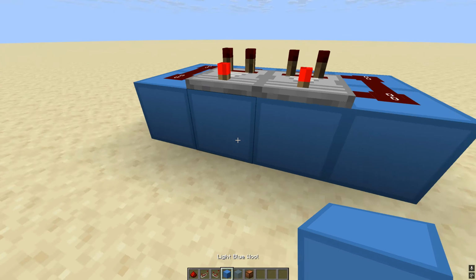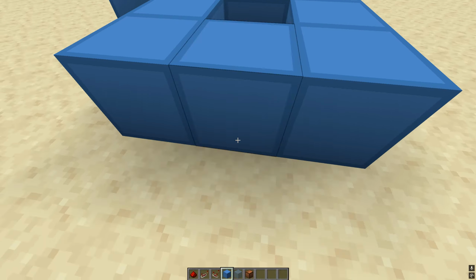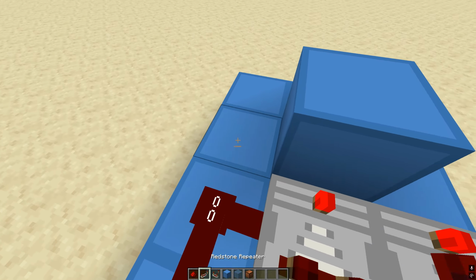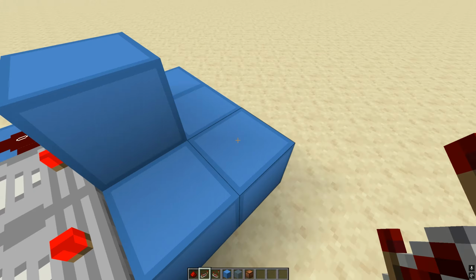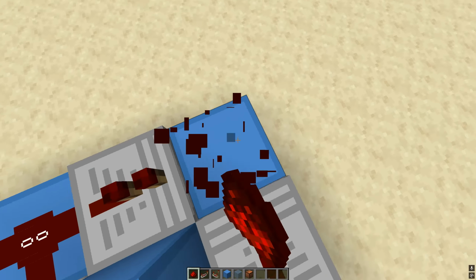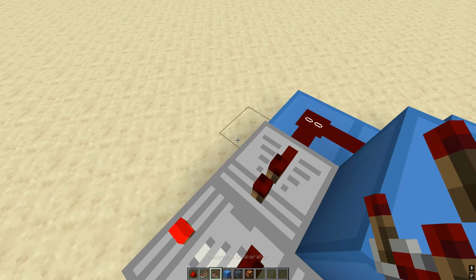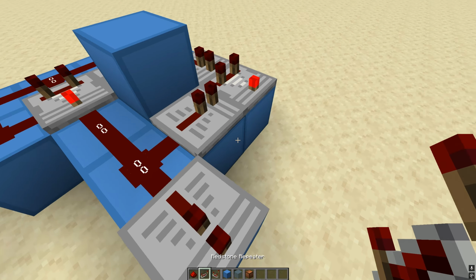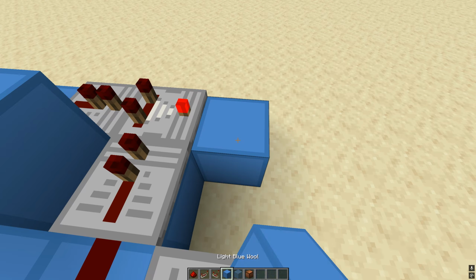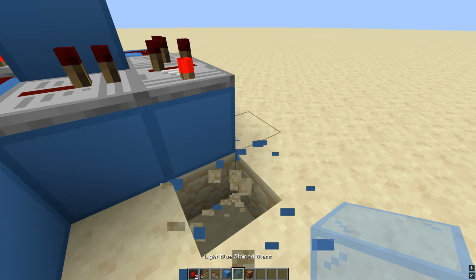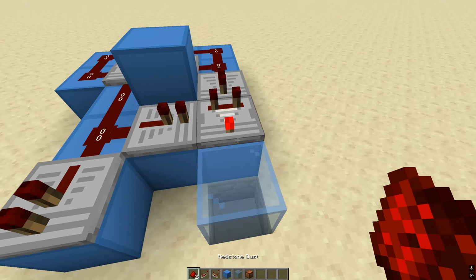Then, you make a circle like this, but you have a bump here. You place a repeater here, one here, redstone dust wrap, but not here. Here comes a comparator in subtract mode. Here is also a repeater. Here comes some dust, which is actually here glass,